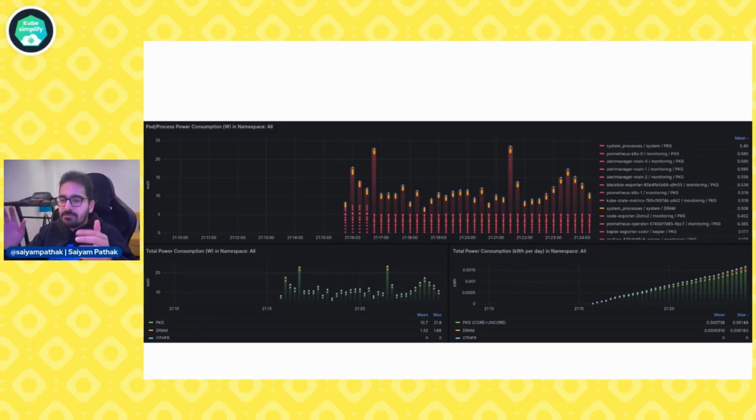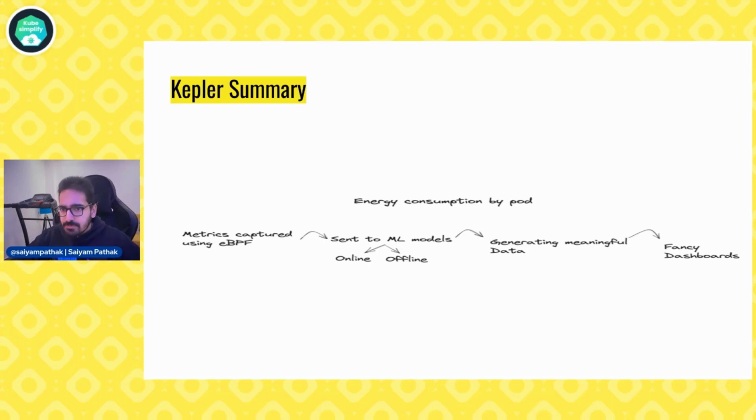Different stuff you can do, and this gives you an overview of what your power consumption and carbon emission is for your application in a particular namespace. You can also filter by namespace and see which namespace is contributing more towards the carbon emission in the workloads that you have deployed. So Kepler, in short, is energy consumption by the pod.